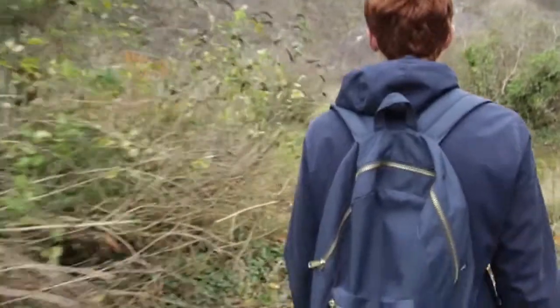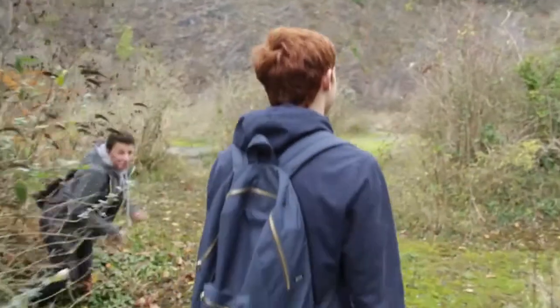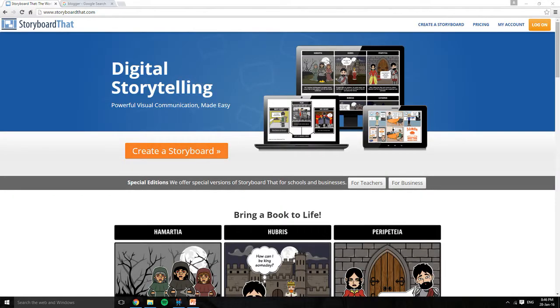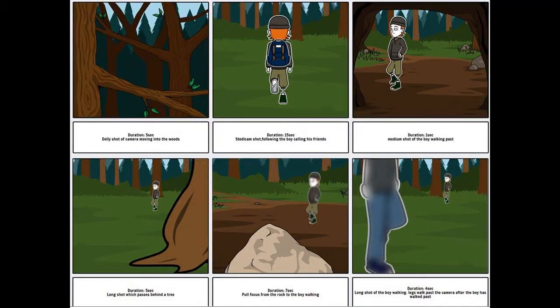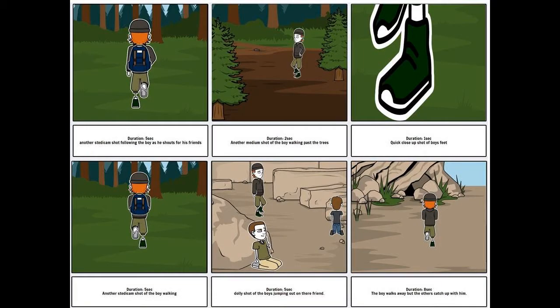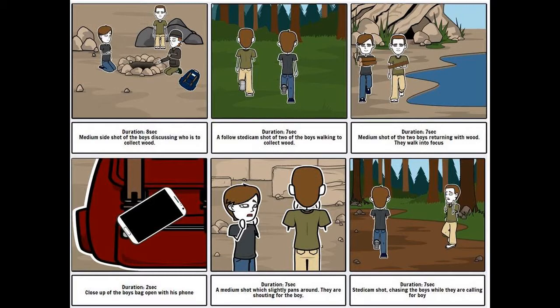To make my rough copy into a good, clean looking storyboard, I used a website called storyboard.com, which was a website that allowed me to make my drawings into cartoons, my stick figures into characters, and a setting to look quite real. So storyboard.com allowed me to make a full storyboard that looked graphically pleasing. I then saved my final storyboard as a JPEG so then I could upload it to Blogger.